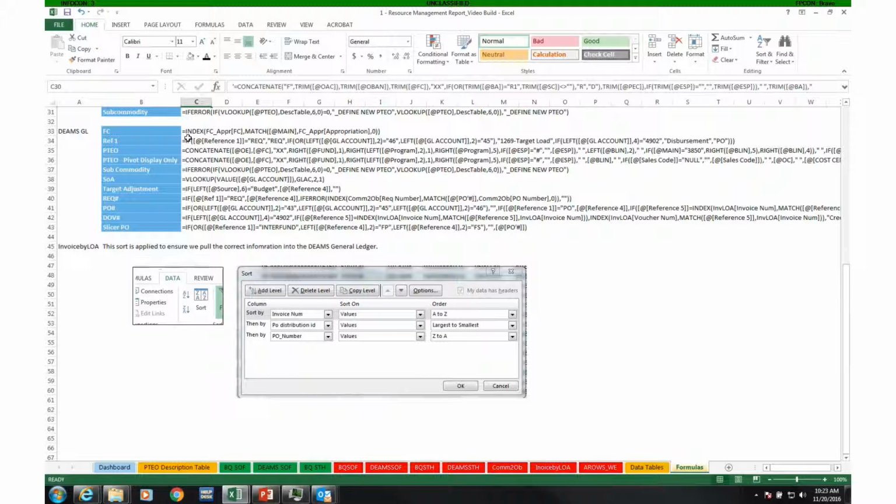Now we are going to have some videos that get into the general ledger a little more, documents, how they flow through, but bottom line, in terms of using these tools and integrating the data, documents on a line item basis in the general ledger for DEAMS lose their identity. So when a document goes from, let's say, a purchase order and then a payment or outlay happens, that next record, that next batch number that's associated with the payment loses its identity. So if you were tracking it through reference 4 or reference 5 and then it pays out, and then you'll see maybe the payment number or